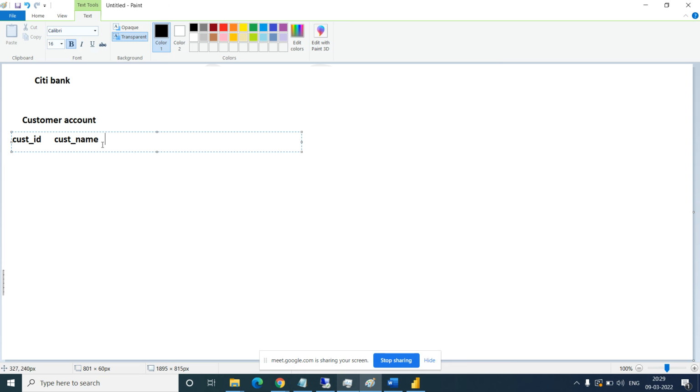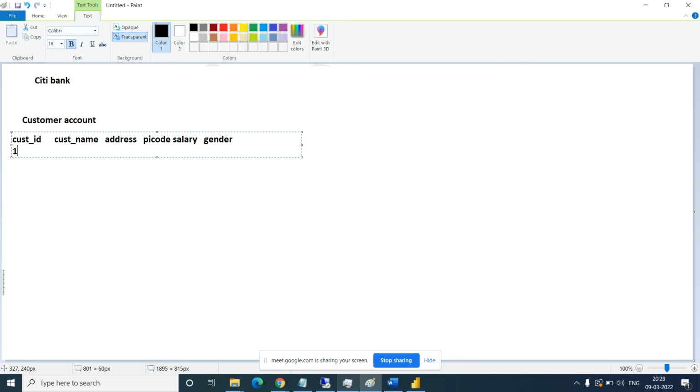Right now only customer information will be there: address, pin code, salary of the customer, only information of the customer, not the account. So customer ID, customer name, address, pin code, male or female, meaning gender, and so on, like permanent address, temporary address, which company he is working for. A customer is always unique, right?